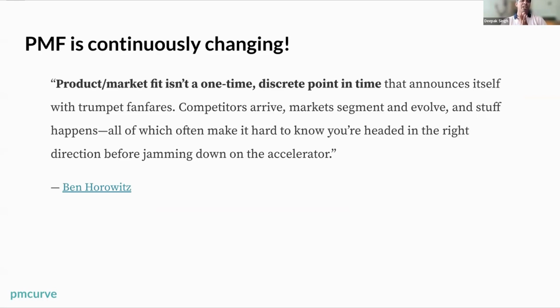I'm here to tell you, we all are working on PMF problems. Because PMF is not a one-time discrete event, right? PMF is always changing because the market is always changing. See, PMF usually implies product fits the market, right? But if the market is always changing, the product is always changing. The competitive landscape is always changing. So we all are working on PMF problems, and anything that we learned in this session can actually be applied on any problem that we are working on right now, right?